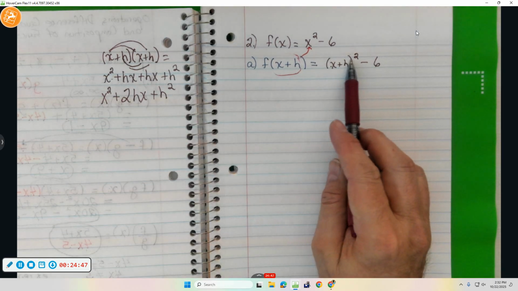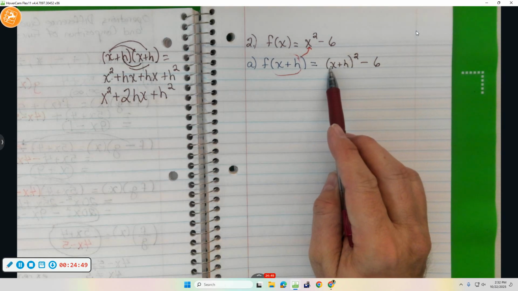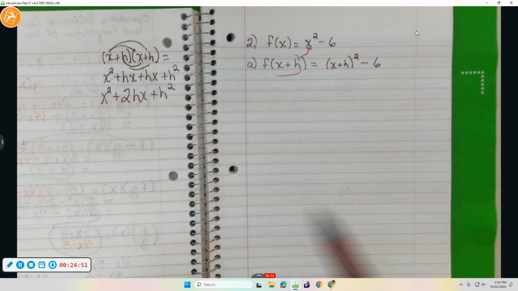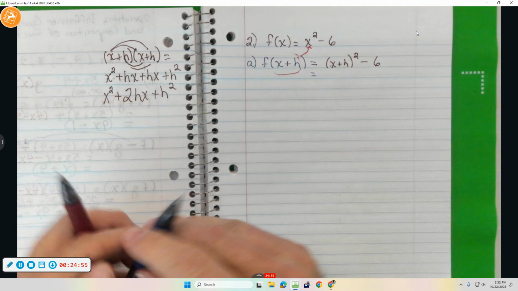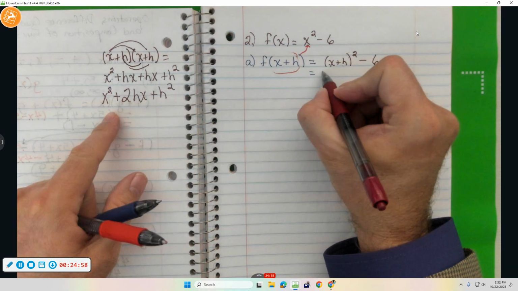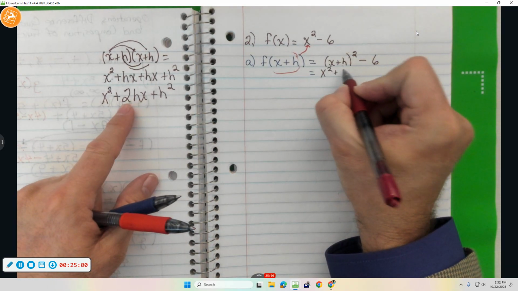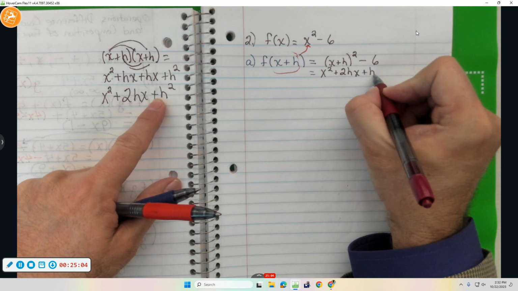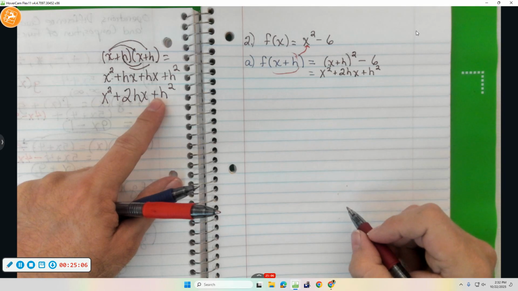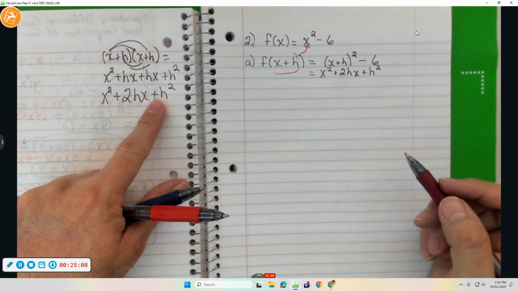So I'm going to come over here and replace this x plus h squared with what I have written right here. X squared plus 2hx plus h squared. And sometimes students forget to write